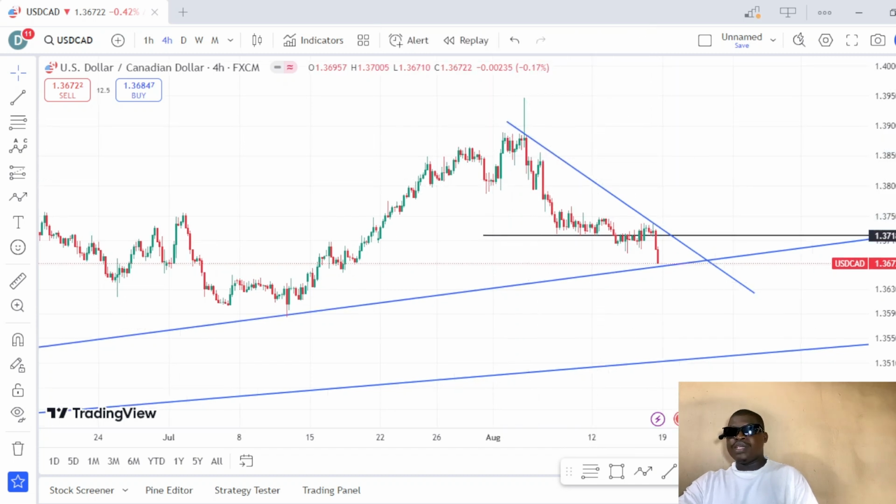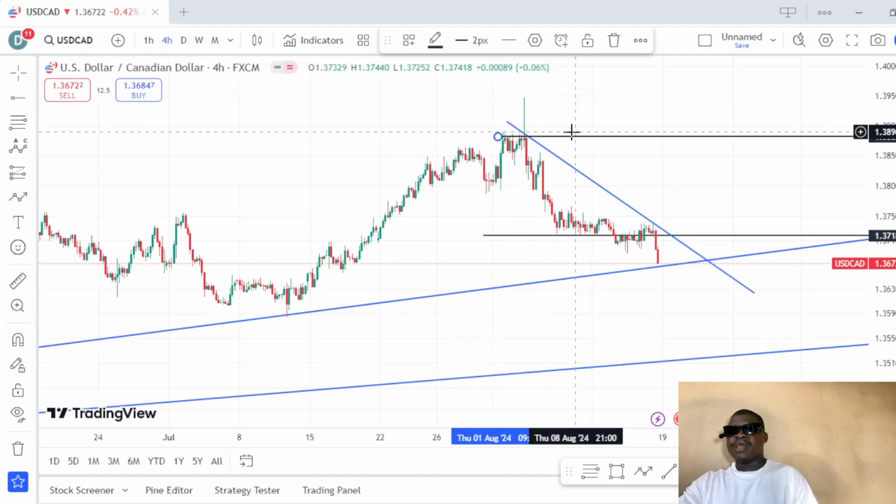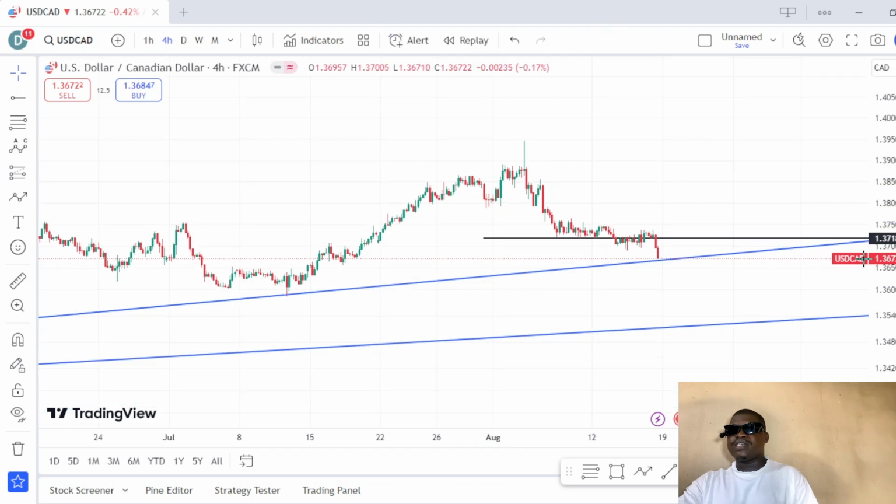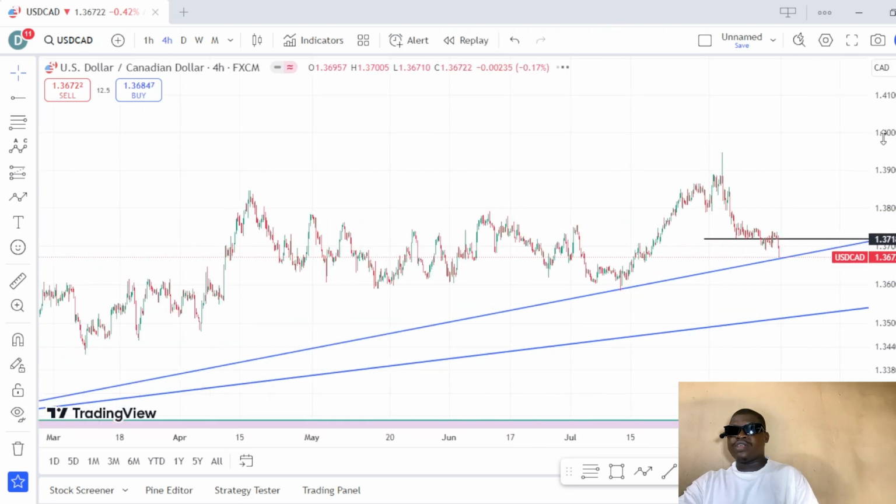There will be a take profit right about here. The take profit might come right here. So I think that is a decent opportunity,